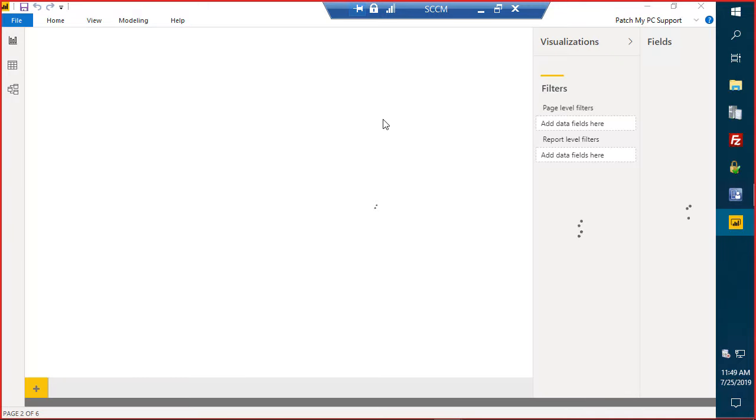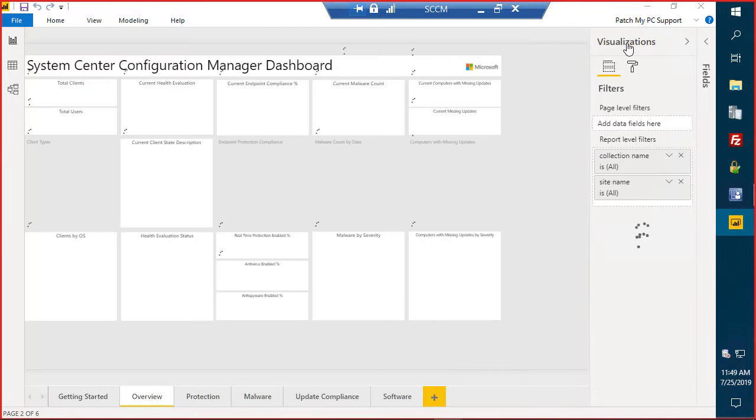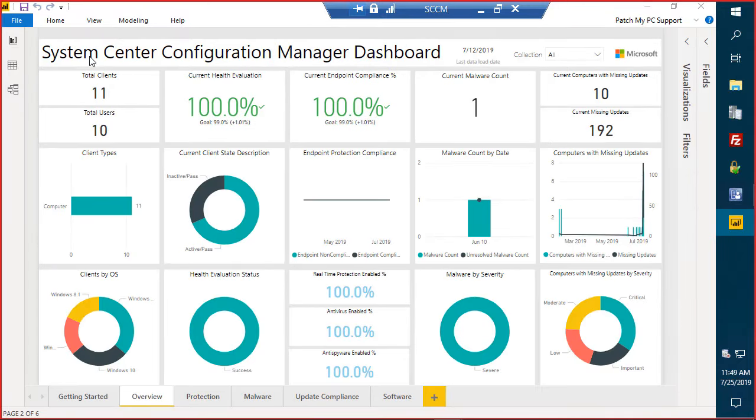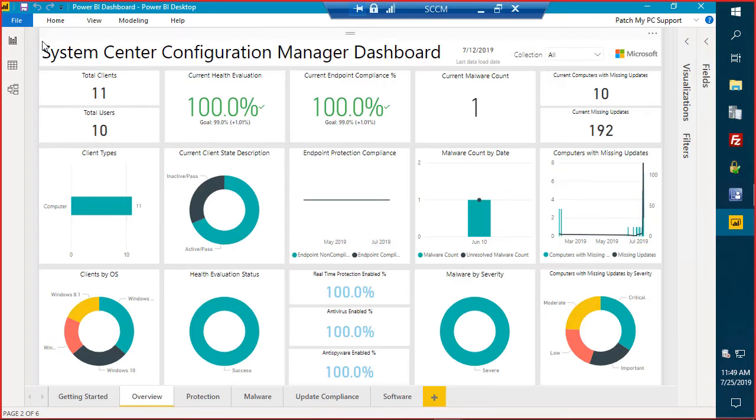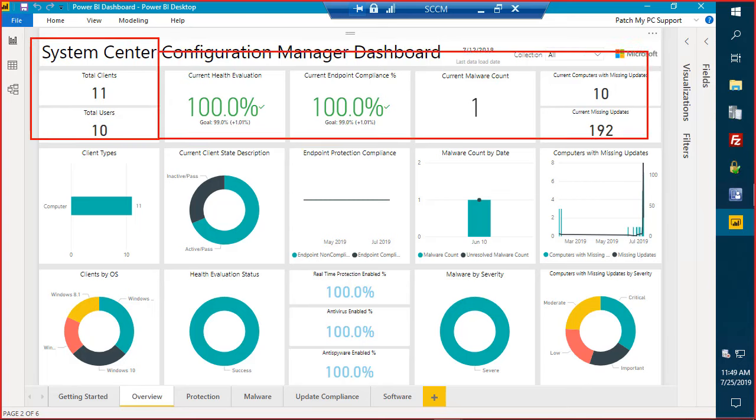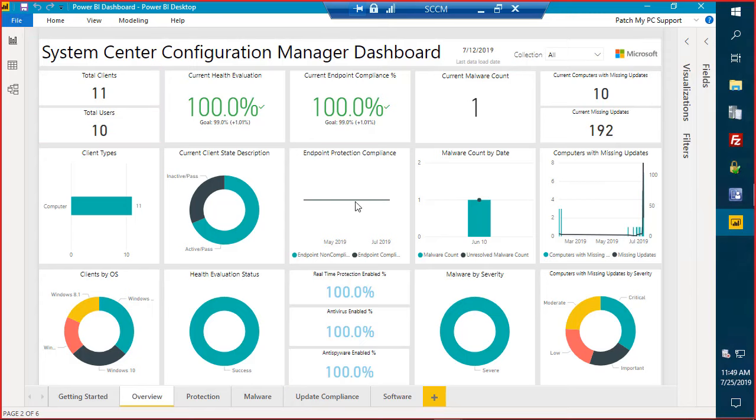So what we can see is that if we look at this dashboard within Power BI, here's just the overview. This is going to give you a lot of details about overall things within SCCM, right? So how many clients, what your health is, just a lot of helpful details. But there's this piece down here around update compliance. So if we were to come down to the update compliance page,